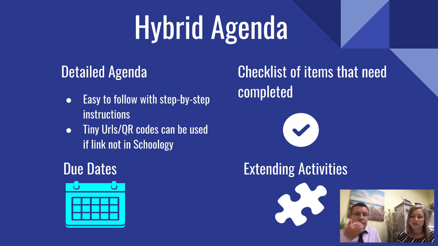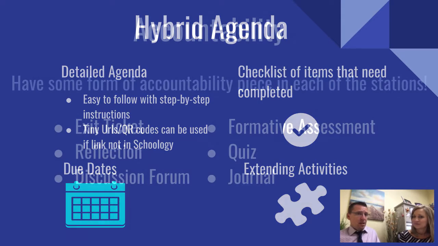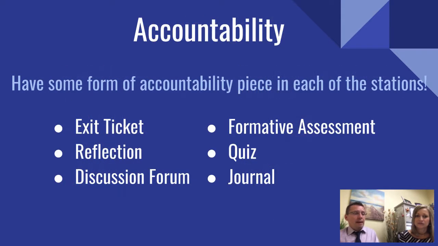Right. In addition to that, I think that the thing that we have to focus on more and more and more is the accountability in each one of those stations with the activities that students are doing. So again, when we're talking about key strategies to success, we're talking about what levels of accountability do you have put into place for students while they're in independent, for students while they're in collaborative,